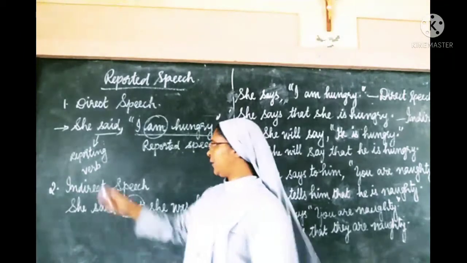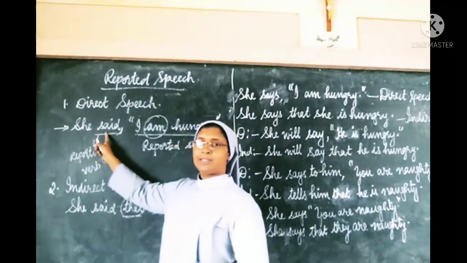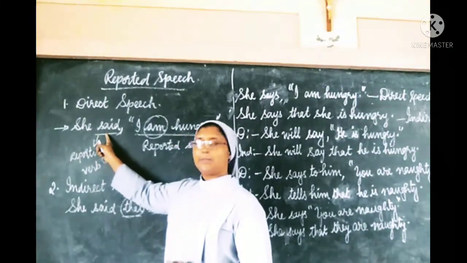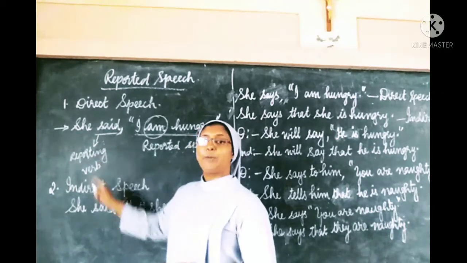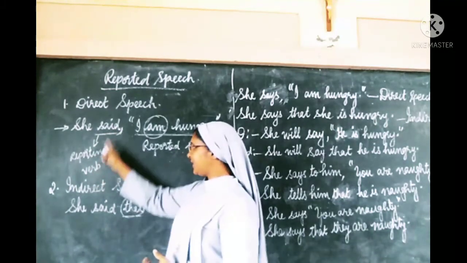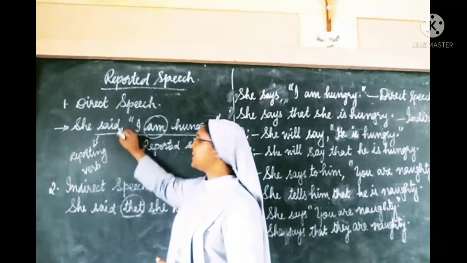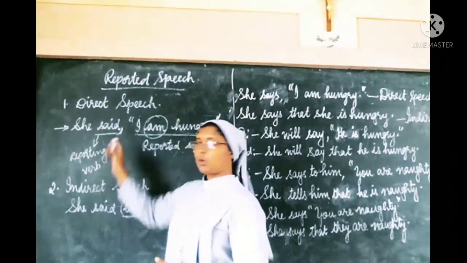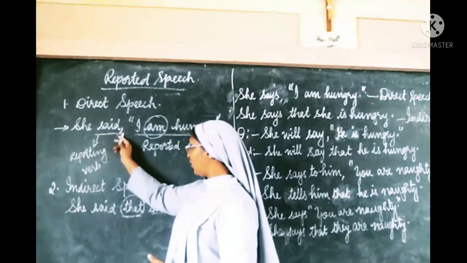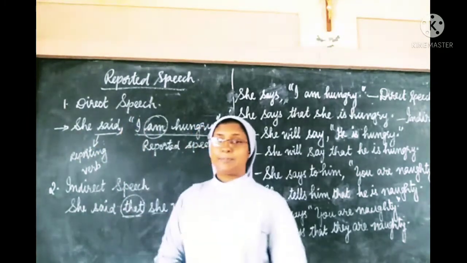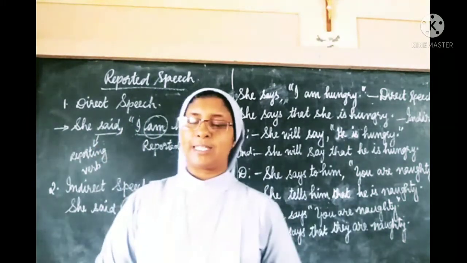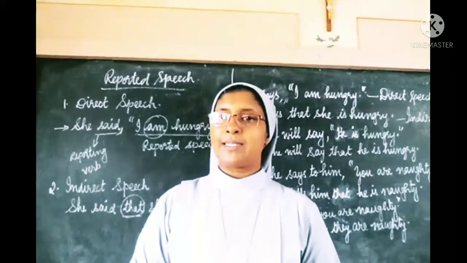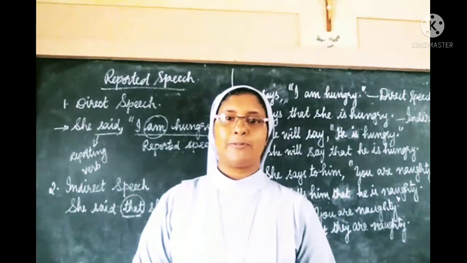And we see here, she said. Said is also a verb and therefore it is called a reporting verb. Said here is a reporting verb and it is separated from the rest of the part with a comma. So, she said, comma. Then in direct speech, as we begin to express the exact words of the speaker,